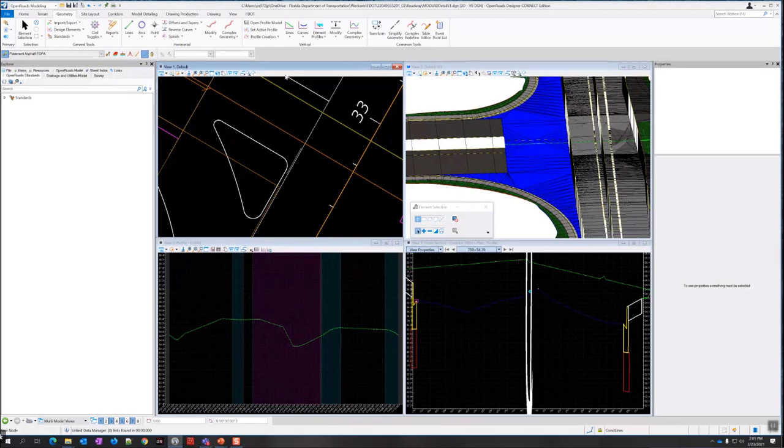So if I go to the profile creation section here, on vertical, I click the drop down, and I'm going to do quick profile from surface, the second option in that menu. So it asks me to locate a reference element. I believe that's the surface. Oh, that's not valid. Okay, that's my complex element.